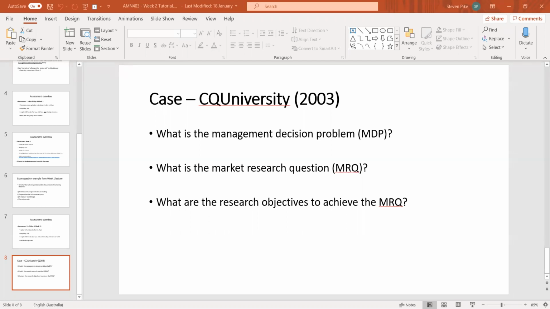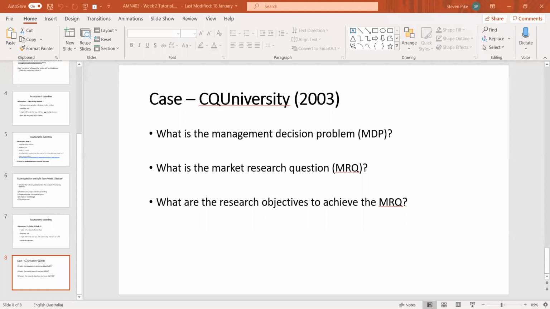So the major problem was that only 1 in 5 local high school students were selecting CQ Bundaberg. 4 out of 5 were selecting an alternative form of higher education. So in this case, there are 2 differently worded MDPs, but both quite acceptable. So often with the cases in the assessments, there's no one perfectly worded answer, but there should be a generality of statements. The rationale then helps us to understand how you arrived at that MDP if you've got something that we